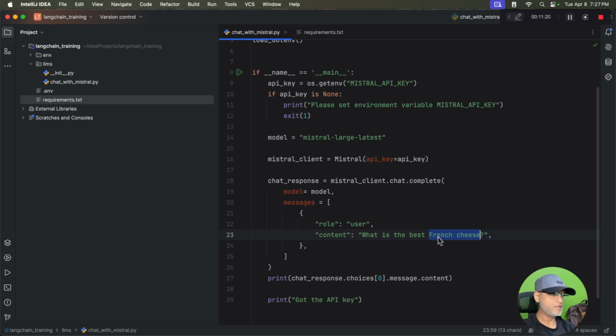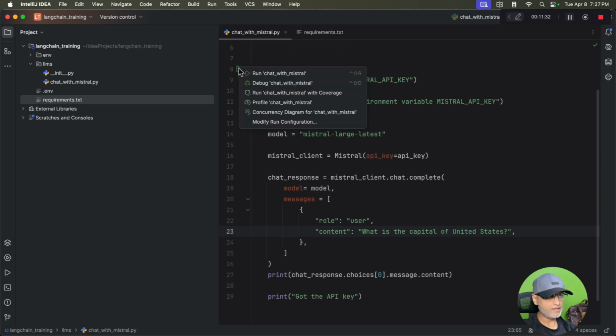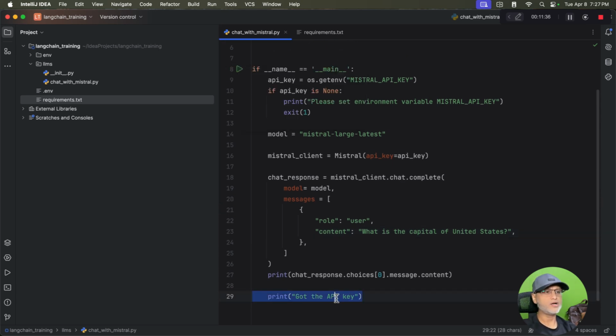Instead, I will say, what is the capital of United States? Or I'll say France or whatever. And then I just click here and run this code and you will see for yourself. Now I don't need this print of the API key, I'll just remove that. And you see in the chat response, you have an array of choices, and within